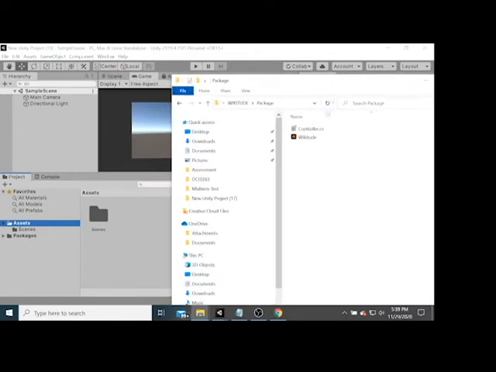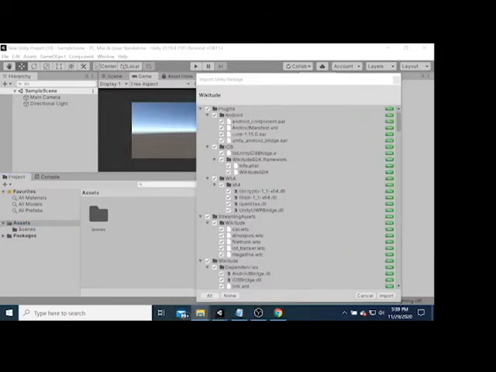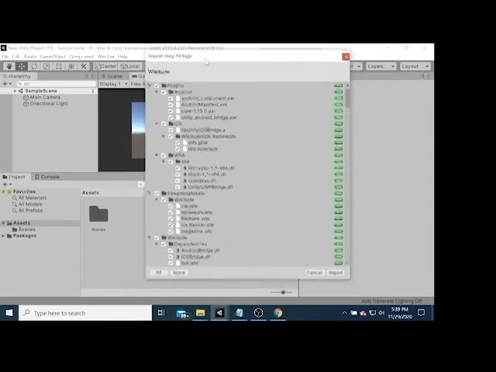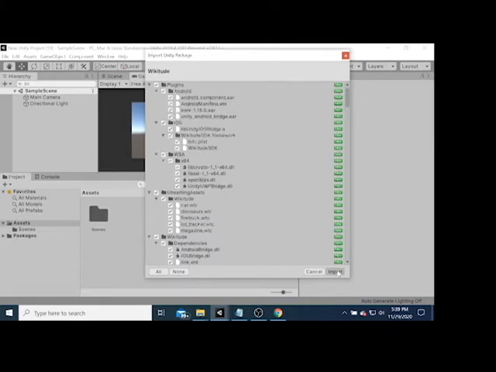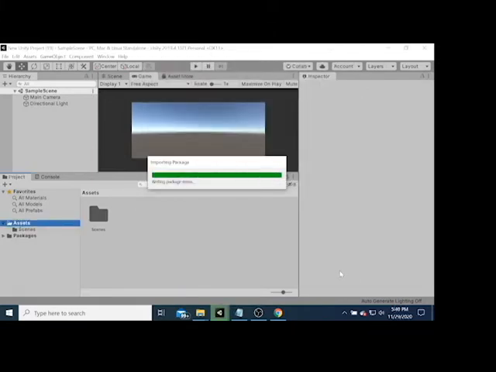Here you need to drag and drop into the assets. Then you can see import Unity package. Then you can select all the packages here, just click import like this.